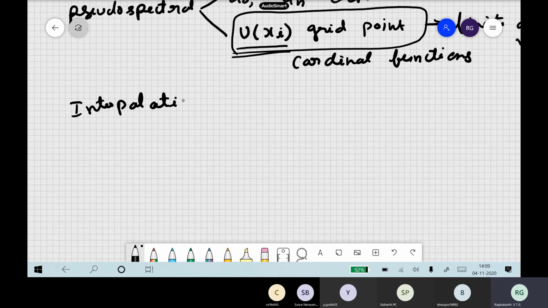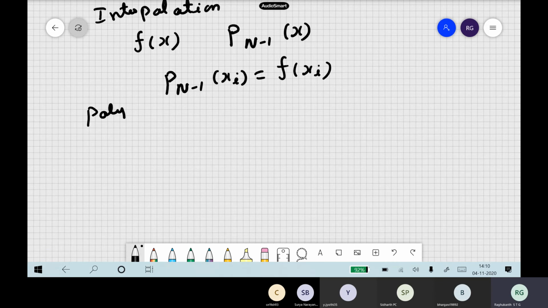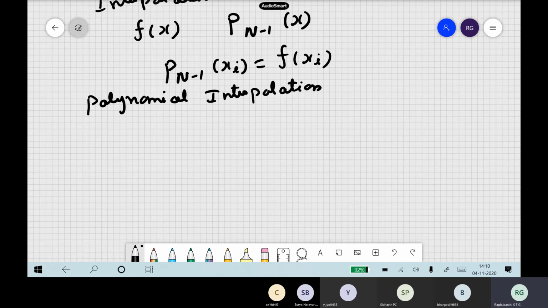Because it is interpolation here, you followed, right? If you have any function f of x that you want to interpolate with a polynomial, we solve at these grid points only. At all the grid points, your function value should be the same as this interpolation polynomial. Then we gave the polynomial interpolation, the Lagrange interpolation, in our last class, depending on the number of points you get.